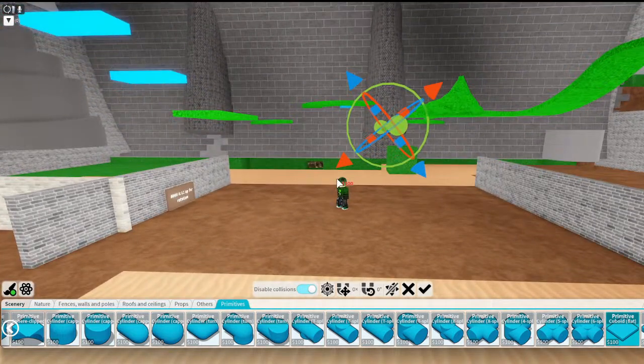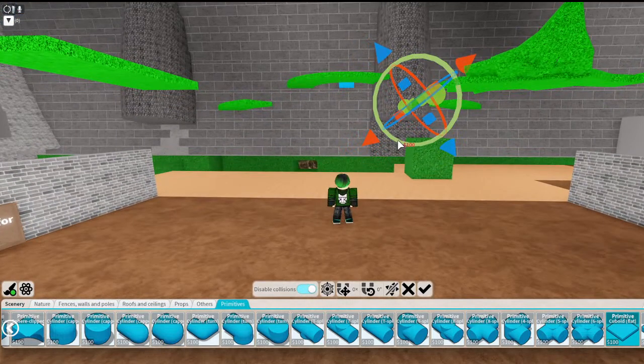So let's see, floor level will be about here. She'll need to enter probably about here, I would say, so...